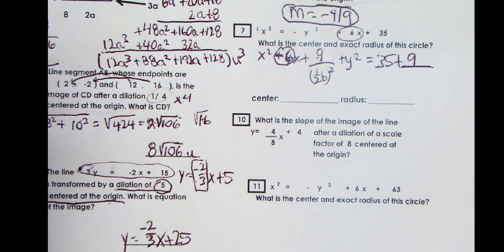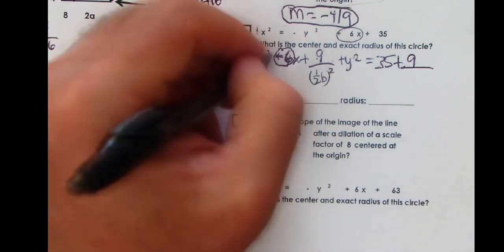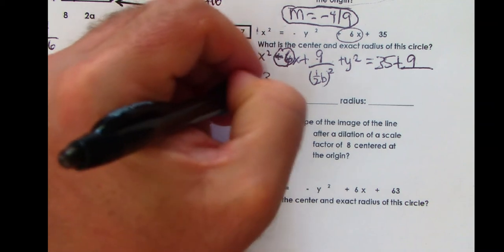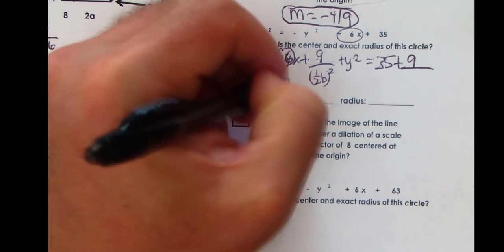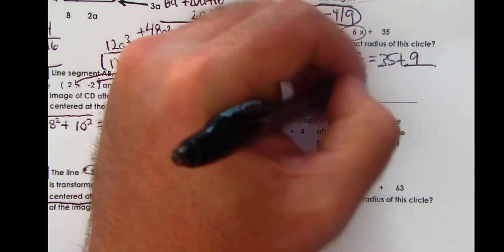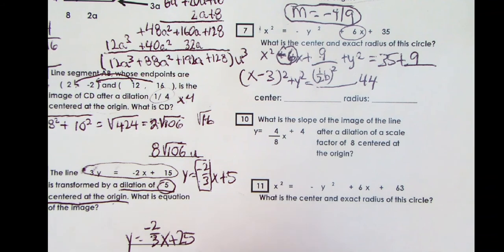Okay, that should be a simple review now. You've done so many of these. And so what is this completed square over here? This would be x, and it's always half of b, so it's (x - 3) squared plus y squared equals 44. I'm going to put that over here, 44. So there's my